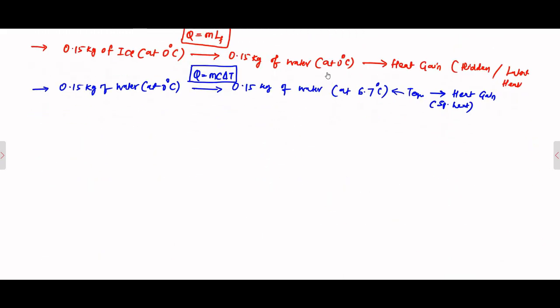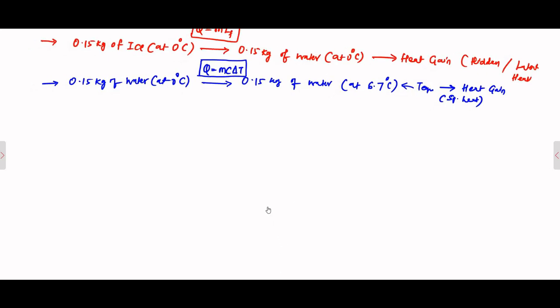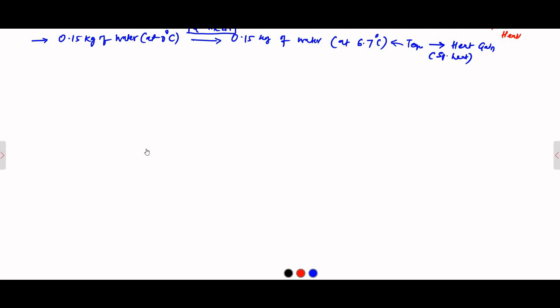Sorry, delay. Okay, now we have to calculate these values. So first is the heat loss in 0.30 kg of water as it went through a transition from 50 degrees Celsius to 6.7 degrees Celsius. So here in the question it is given the specific heat of water which we want to